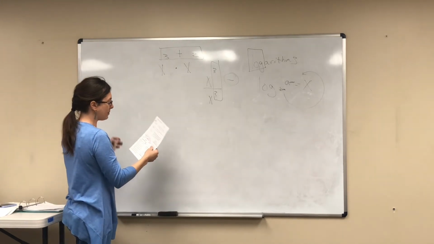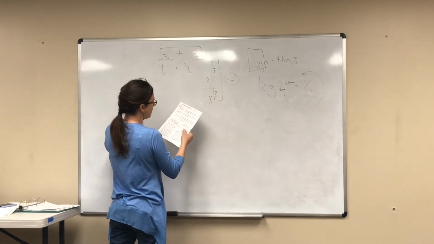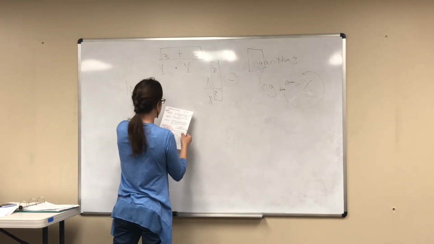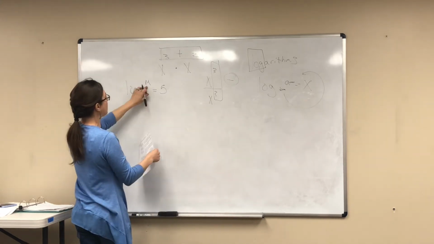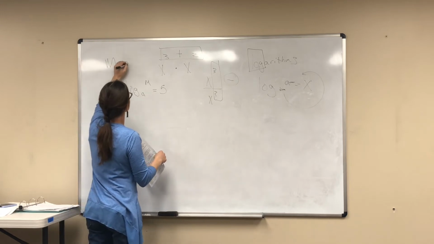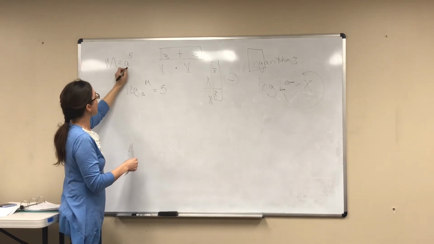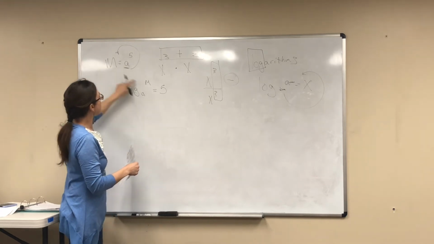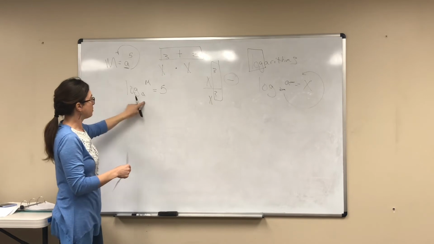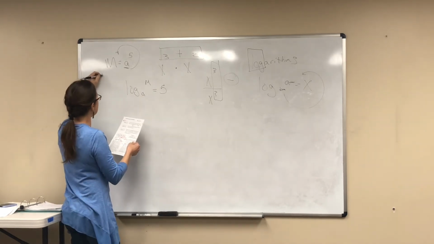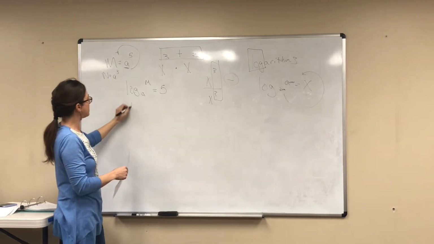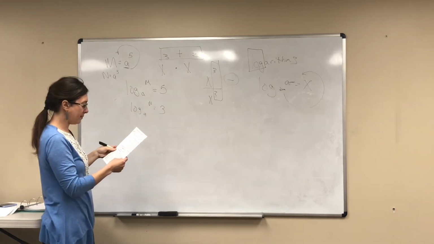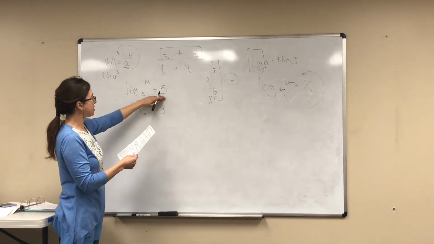So on this one, they say, let's say m equals a to the 5, and n equals a to the 3. Okay, so we're going to rewrite log base a of m equals 5, because remember, m is our answer. We are rewriting it, our base here, raised to our exponent, we're circling around, gives us our answer. Base, exponent, answer. Base, exponent, answer. Right? And they tell us that n equals a to the 3, so same thing, base, exponent, answer is up at the top. Okay? So this says a raised to 5